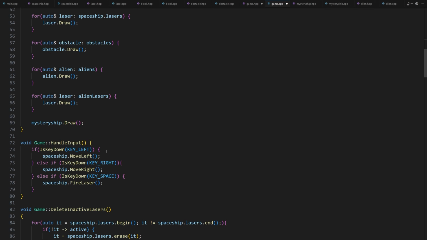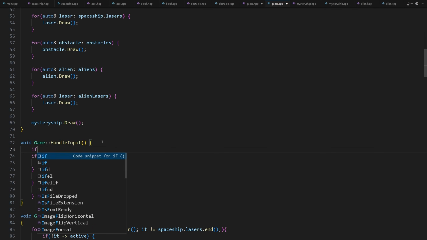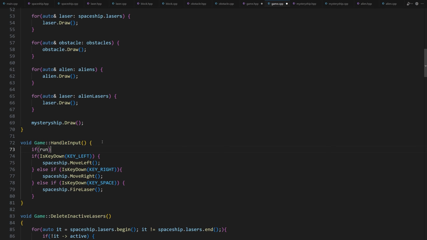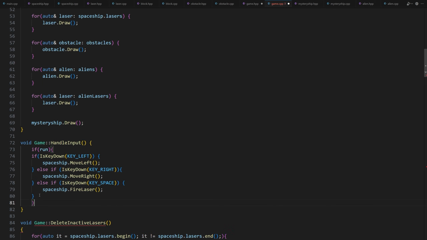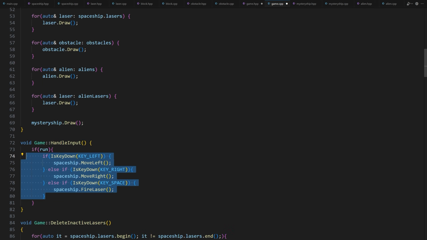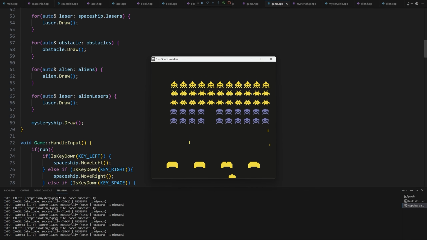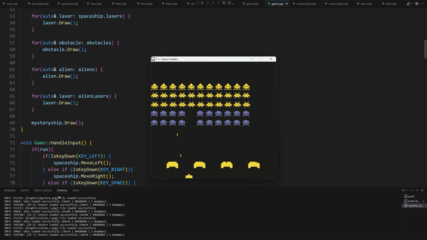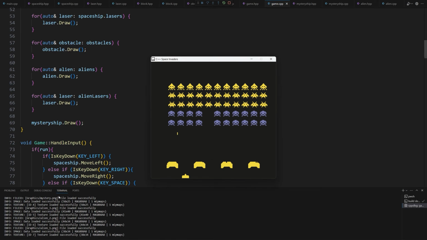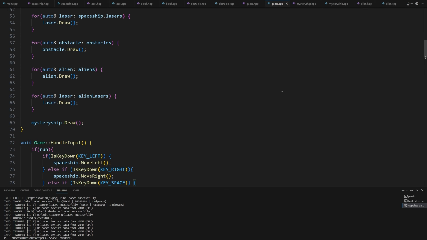We also have to add this check in the handle input method: if (run) {. We close the if statement here and we indent this block of code. Perfect. Now we can test the game one more time. When we get 3 hits, the game ends and all the elements of the game freeze. Perfect. But now we can't restart the game.